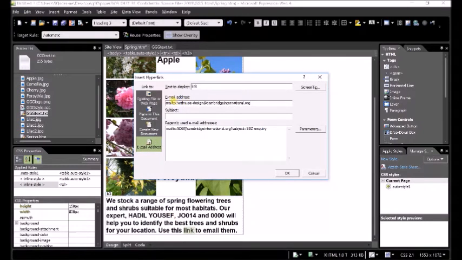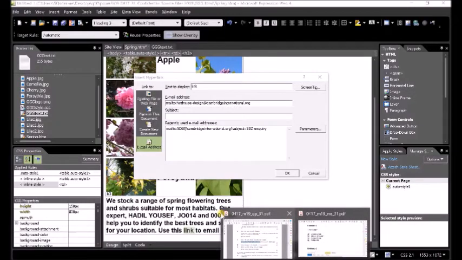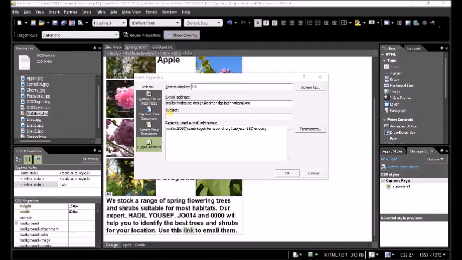As you see, mail to is automatically appears. Now I have to write ask the expert, ask the expert, and